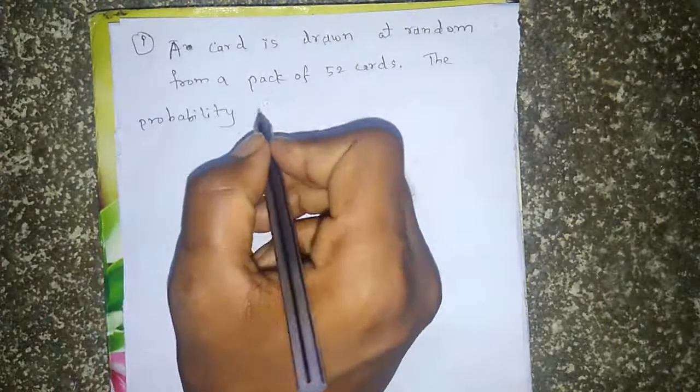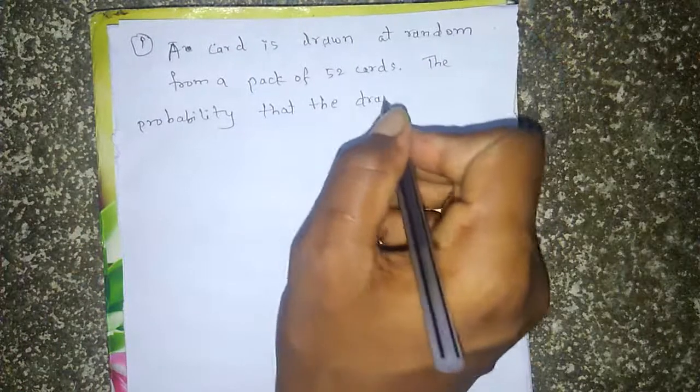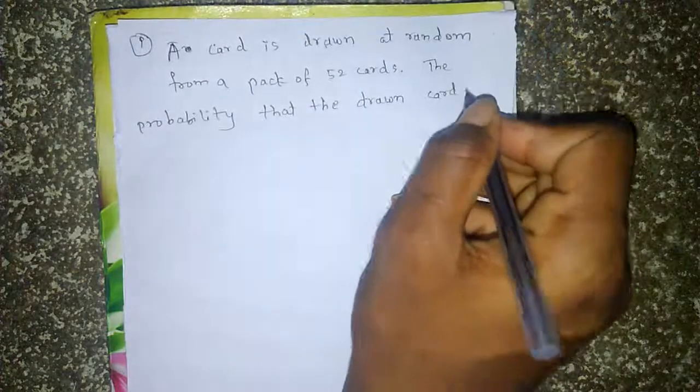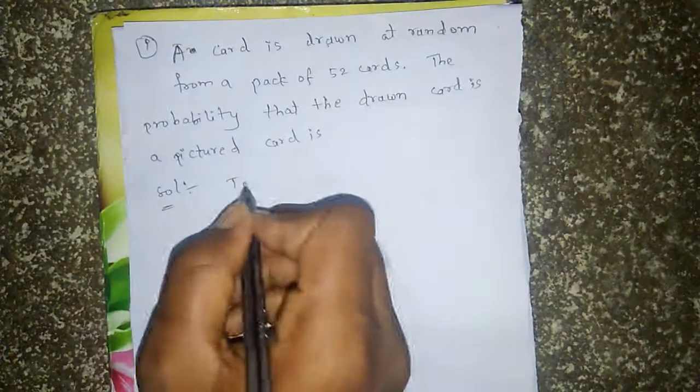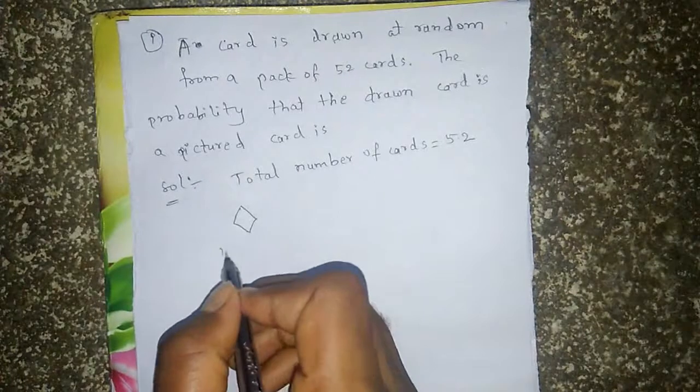The probability that the drawn card is a picture card. So total number of cards is equal to 52. So out of these 52, diamonds are 13,